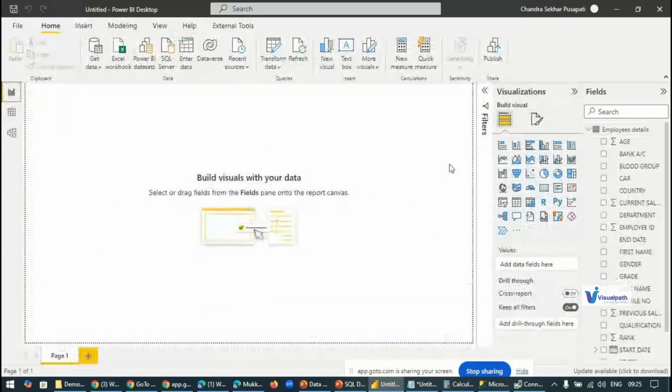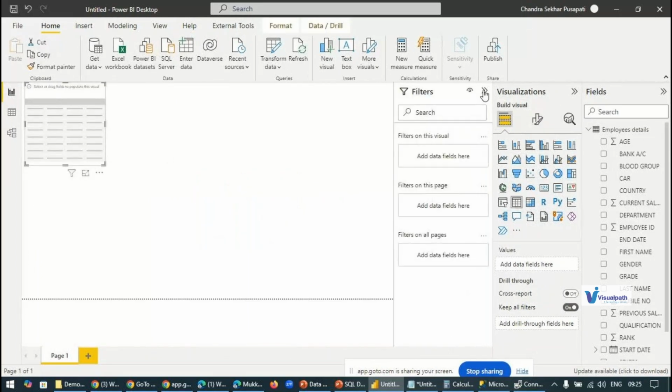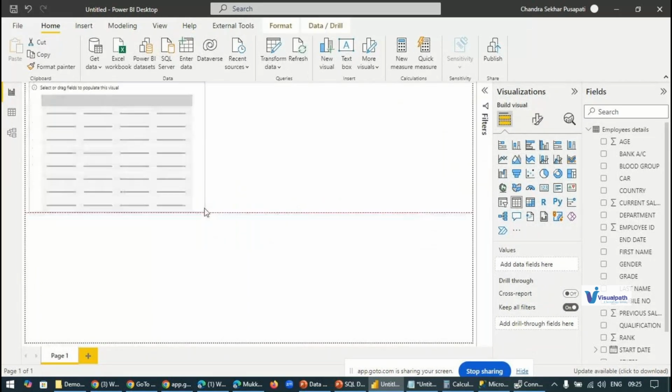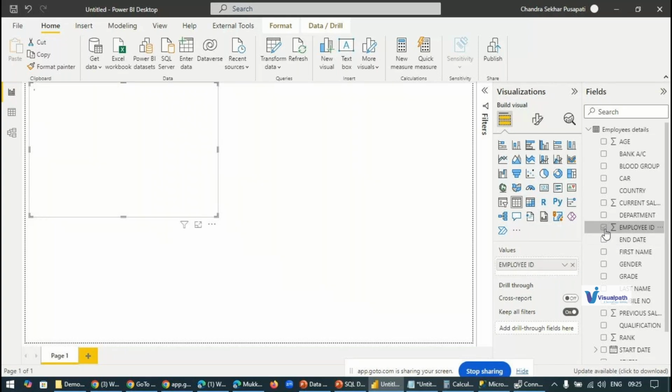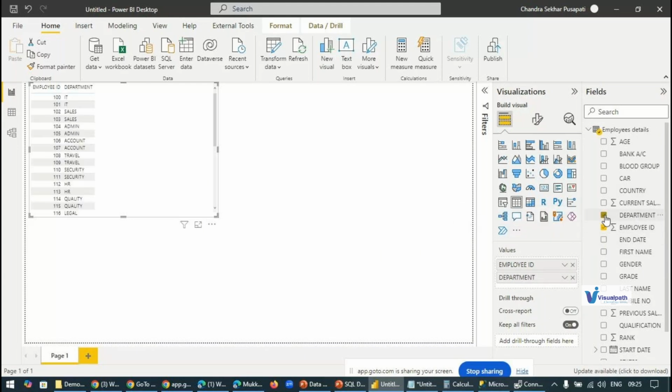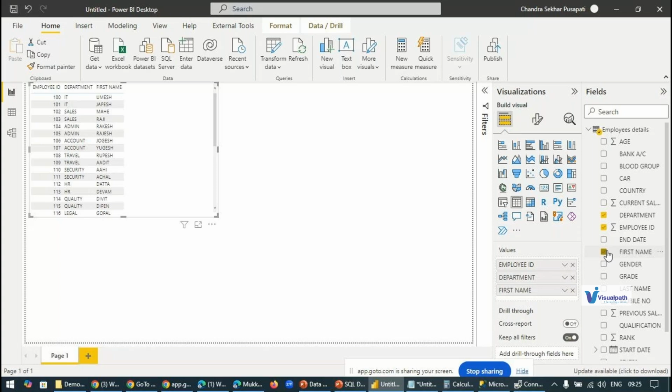Let us see some examples. If you want to create a table report, click on the table. You can add whatever columns you want: employee ID, department, first name, last name, salary.